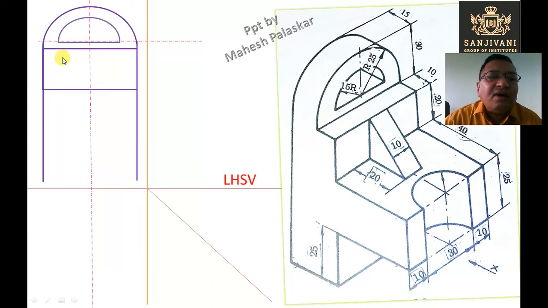Now the horizontal line is drawn. This is a horizontal line and this is also a horizontal line. So this distance is 5 mm, as you can see, 30 minus 25, that is 5, and further this distance is 20 mm, it is given here. Okay, so the distance between this line and this line is 20 mm, because this distance 20 mm is given here, right?